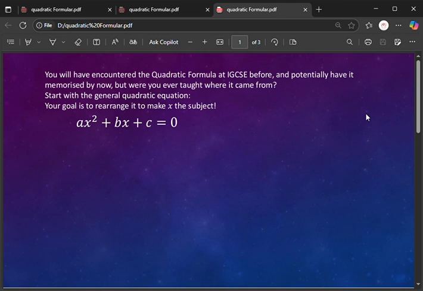How is the quadratic formula used? How is it derived? Today's learning objective is to learn the quadratic formula. We are going to see how it is derived and where it comes from. At IGCSE, you've been using the quadratic formula, but you may not know how it comes about. So today we're going to learn how it comes about,